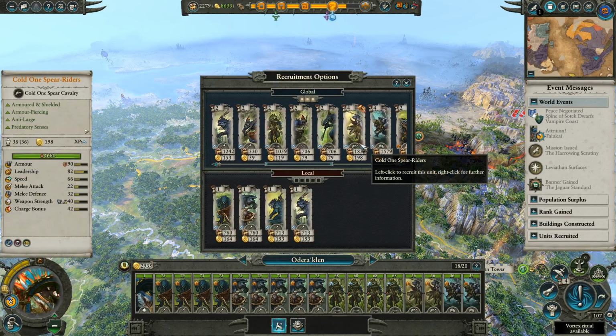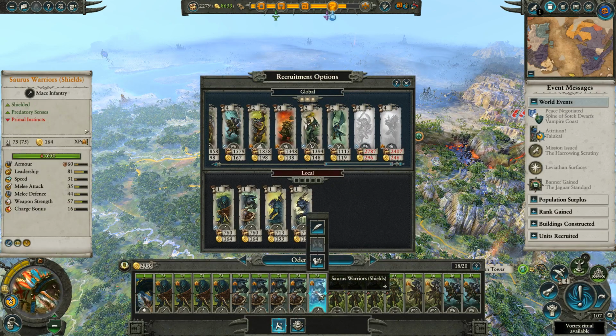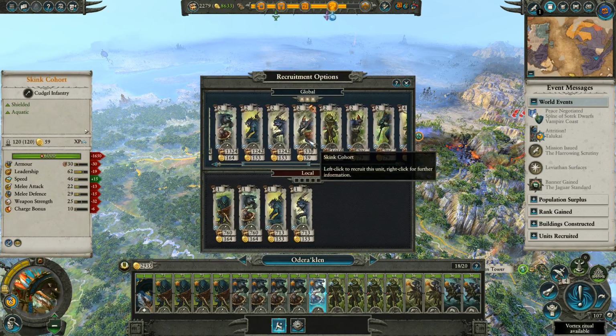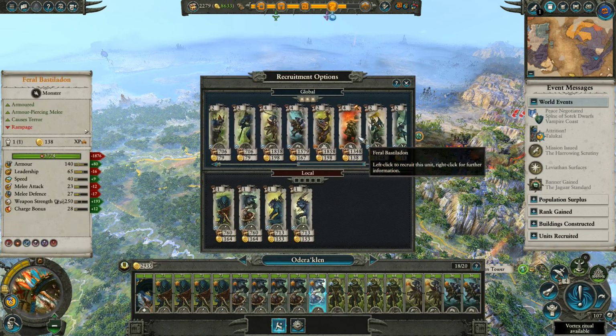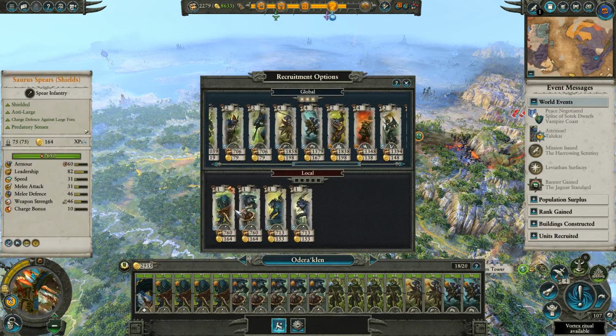Right, you want 1, 2, 3, 4, 5. What can I get from global? Can I not get any big dinosaurs? Not yet, they're too expensive. Let's start recruiting a unit of Kroq-Gars for you. And no, I've got...